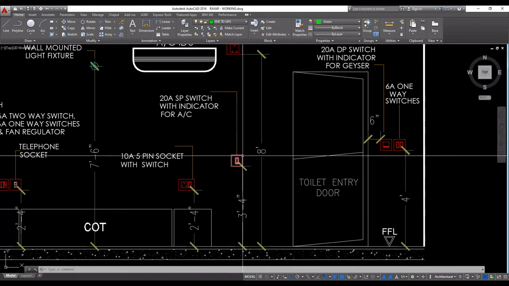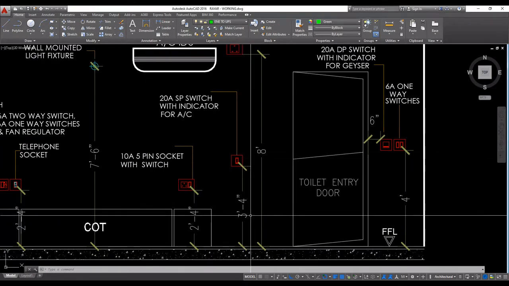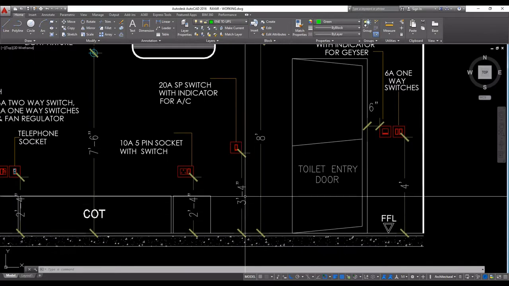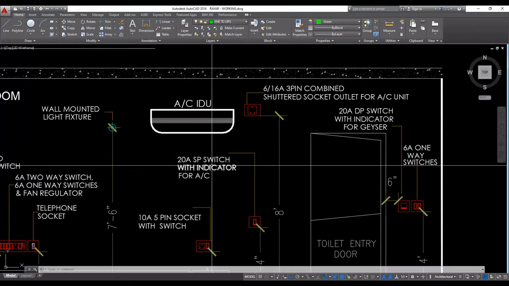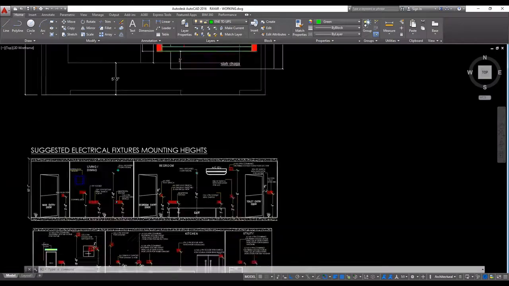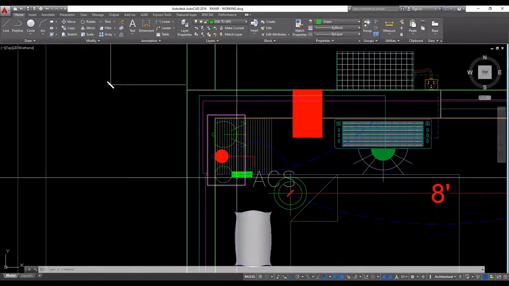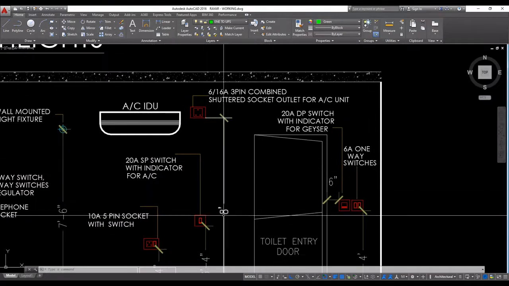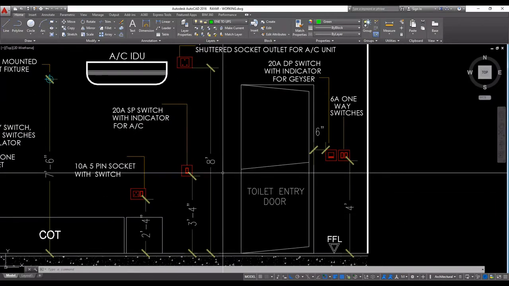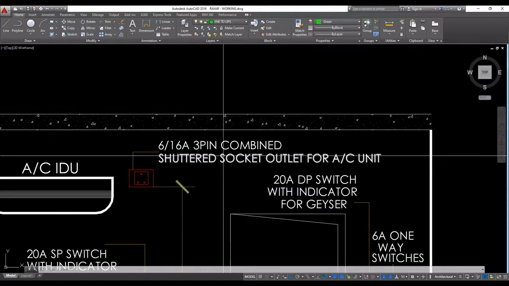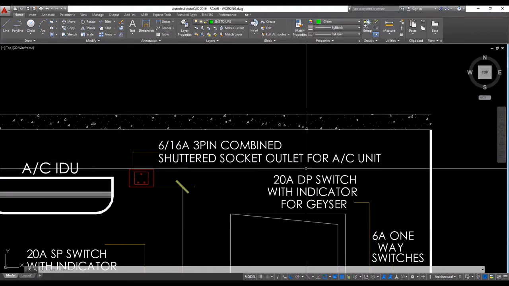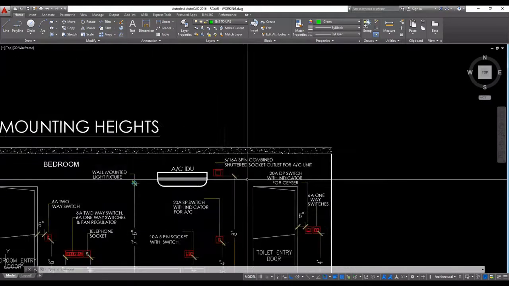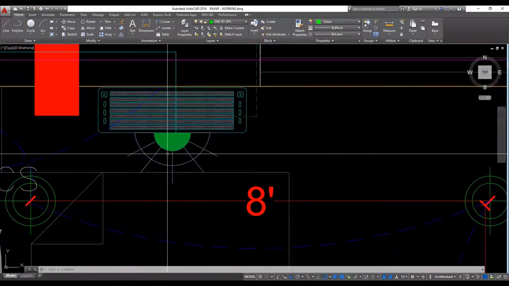This is the AC switch, 3 feet 4 inch height from floor level, a 20 amp SP switch with indicator for AC. And again the AC unit. This is the height from floor level 8 feet, 6 per 16 amps 3 pin combined socket outlet for the AC unit. This is the AC socket.